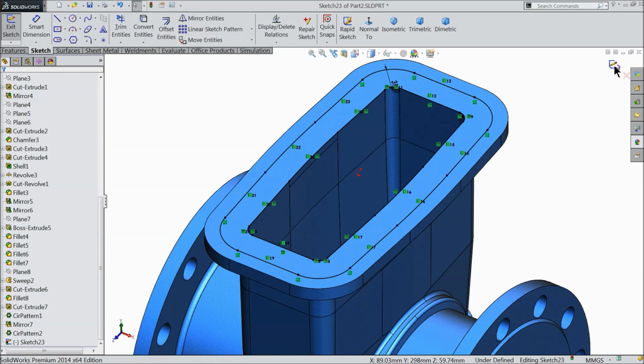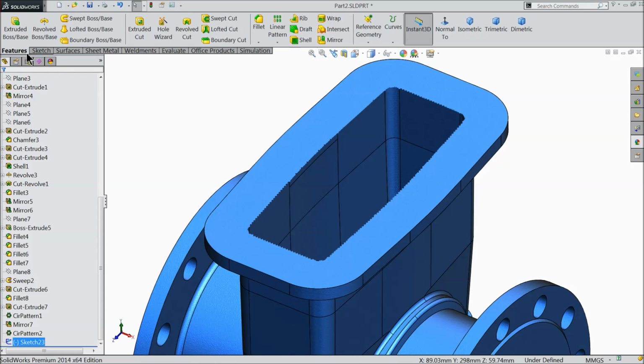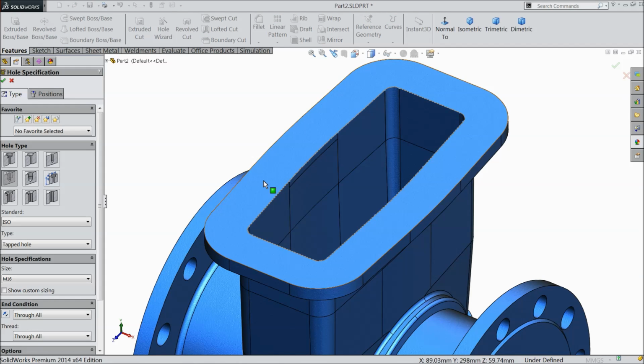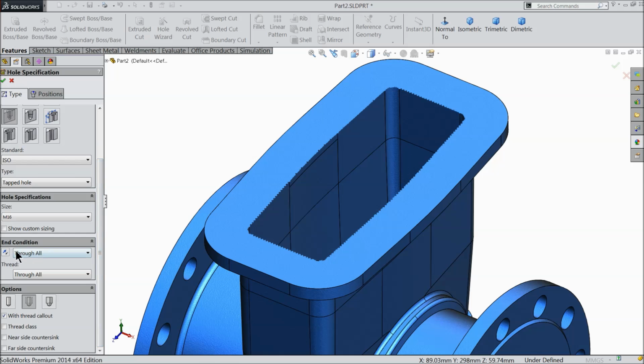Now simply exit. Now go to features and here you will find hole wizard command. We want to put it here some tapped hole. ISO tapped hole M16, and here choose blind 42 millimeter and